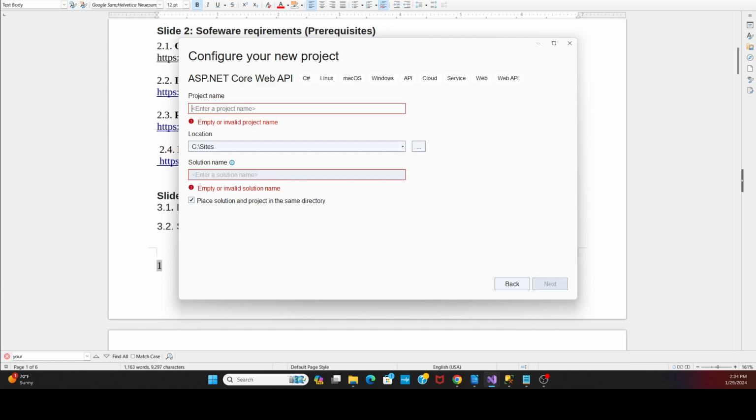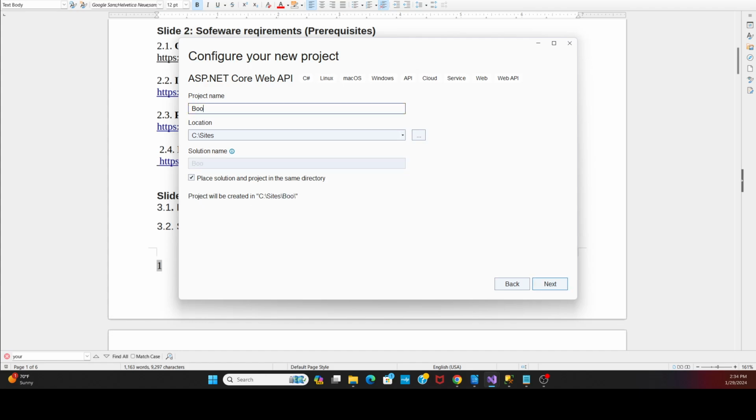Enter my project name. I call it BooksServices API. Okay, then next,